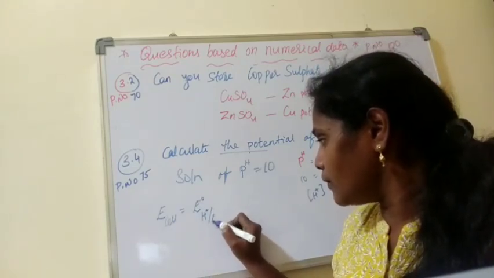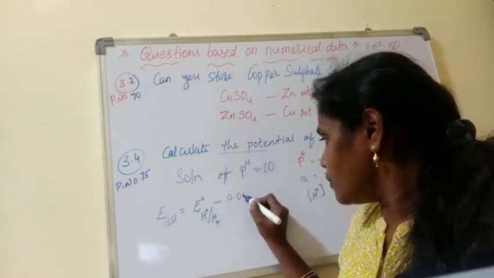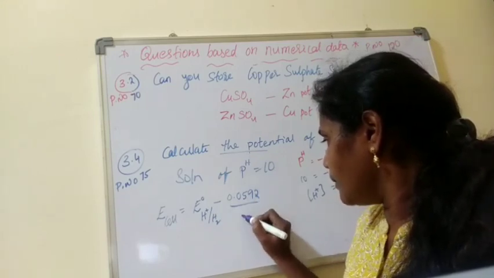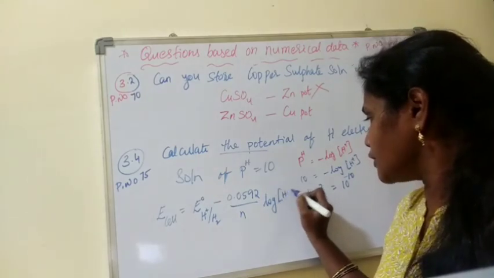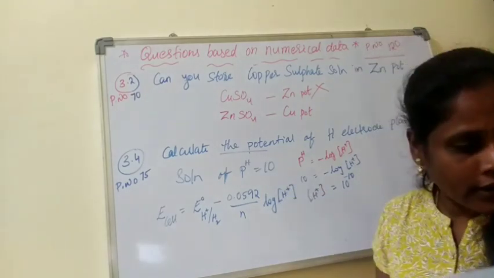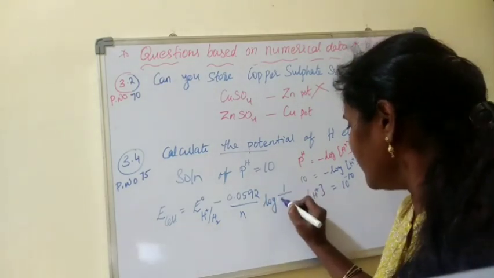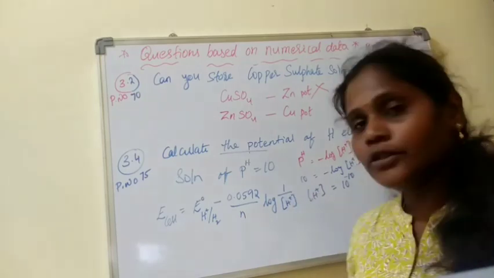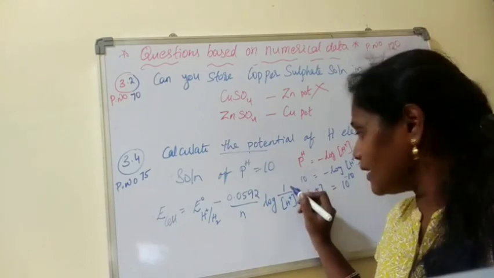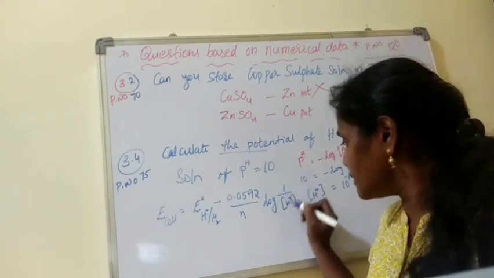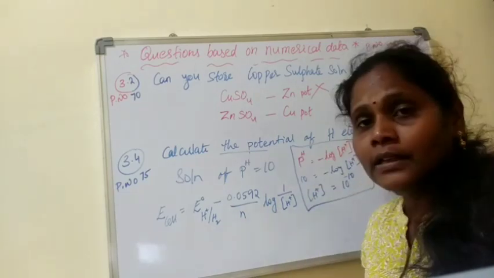So what is the E naught of that cell? Hydrogen, I said, therefore this one. Minus 0.0592 by number of electrons, log of its concentration. H plus ion concentration log, so it's 1 by H plus. You remember H2 is the gas, 1 by H plus, we did it, product by reactants, right? Product is H2, it's a gas again, so we remove it. This is the equation we will get. So you need to do this before entering into the question.